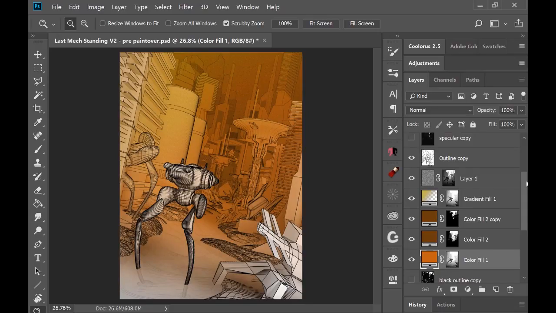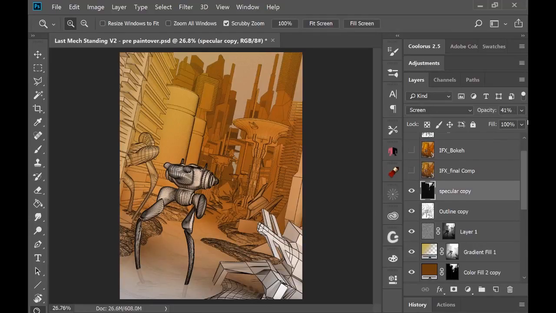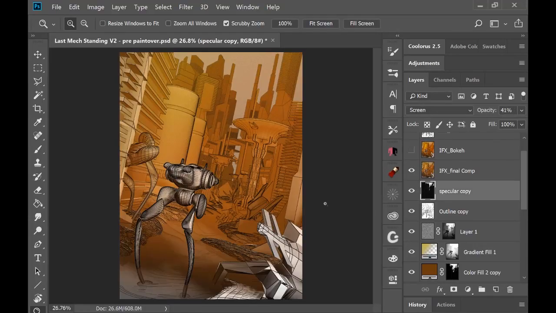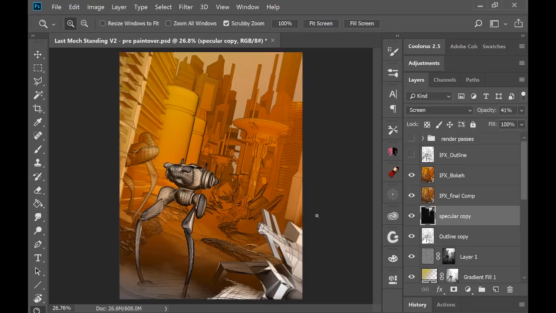And then I added a specular on top of that to add those little specular highlights, but I have that at pretty low level. So this was my final comp right here, right? And then I added some bokeh to it, and that just blurred the sides a bit to give it even more dimension. So again, all of these passes are there for you,